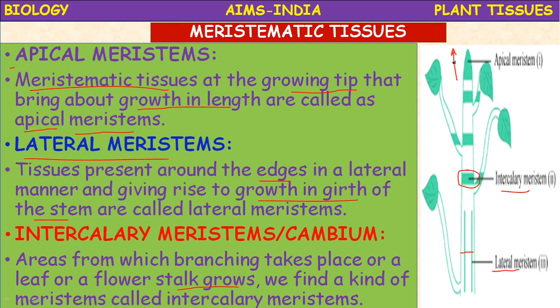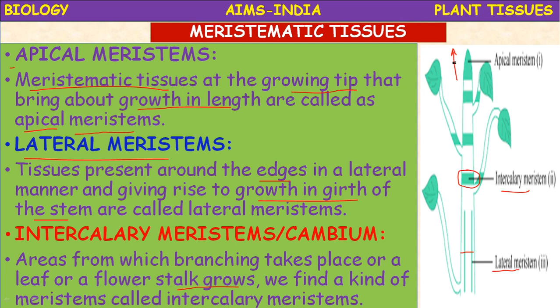So actually these meristems consist of the cells which are actively dividing. So they are also called totipotent cells, means the cells which are in continuous cell division. Which type of cells are present in the meristems? The cells which have the ability to divide continuously, such type of cells are present in the meristems, okay. So meristematic tissues are present on the tip, sides and in between the layers of other tissues.